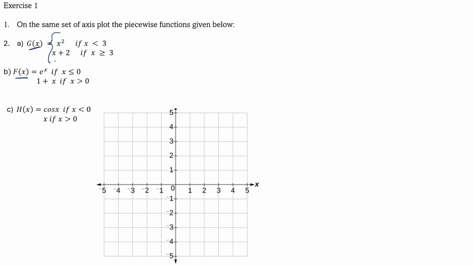And then now, where do we start? They say that we are going to use the equation x squared to find g of x if and only if x is less than 3. So where is 3 here? In this case, we see that 3 is here. x equals 3 is at this position. So we're going to use the equation x squared, which is the mother graph of a parabola, if x is less than 3. We are going to use this equation for all values that are less than 3, such as 1, 2, 0, all these values until -infinity, because all of them are less than 3.